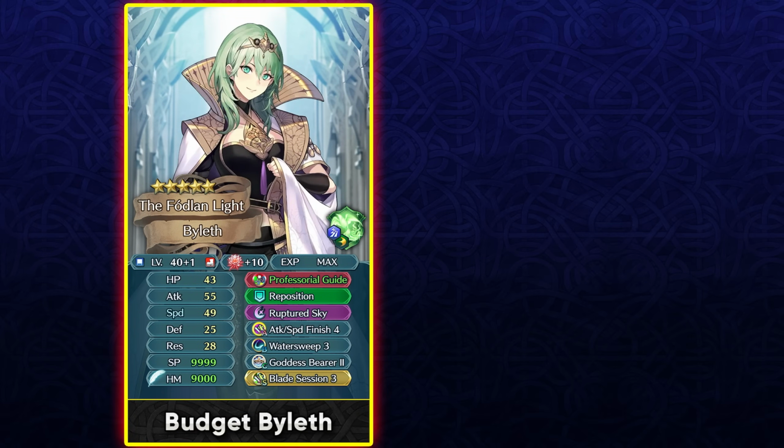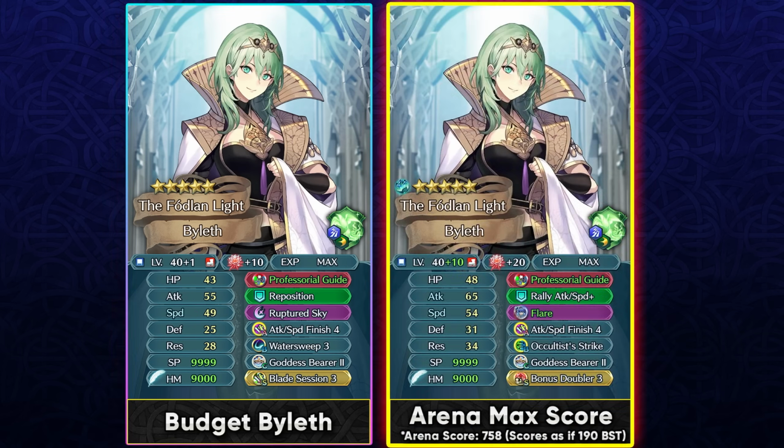She gets Attack Speed Finish as a remix skill, and this is easily the best slot C skill for her, giving her the true damage and the healing, and she's going to be triggering her specials quite a lot. And at budget, you could try and run Water Sweep as the slot B skill, so it could help if you don't want to run the Lull skill, and Blade Session could be useful for just stacking up the max offenses. But if you're going to be investing a bit more, then Occultist Strike is going to be the best